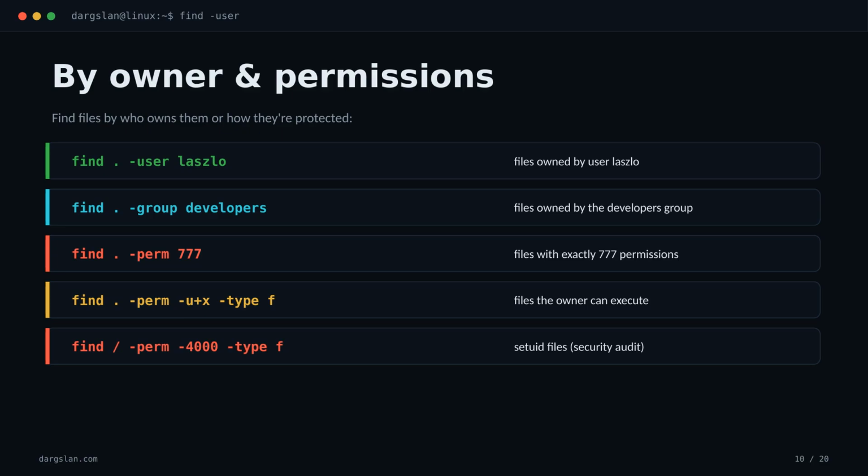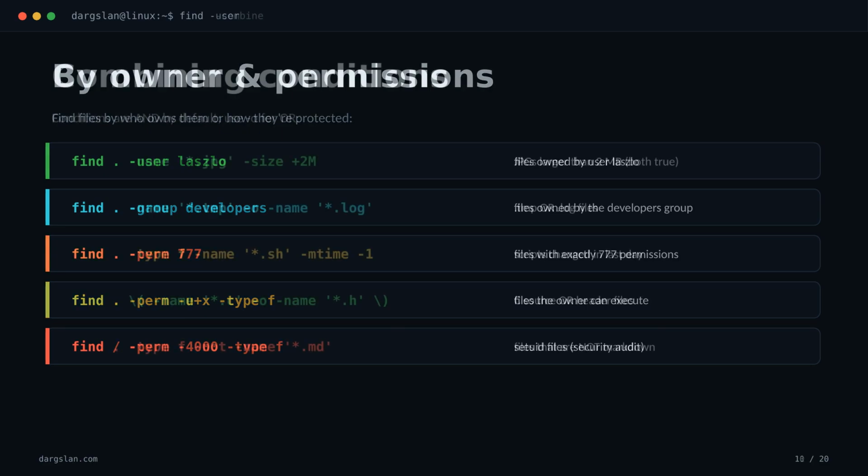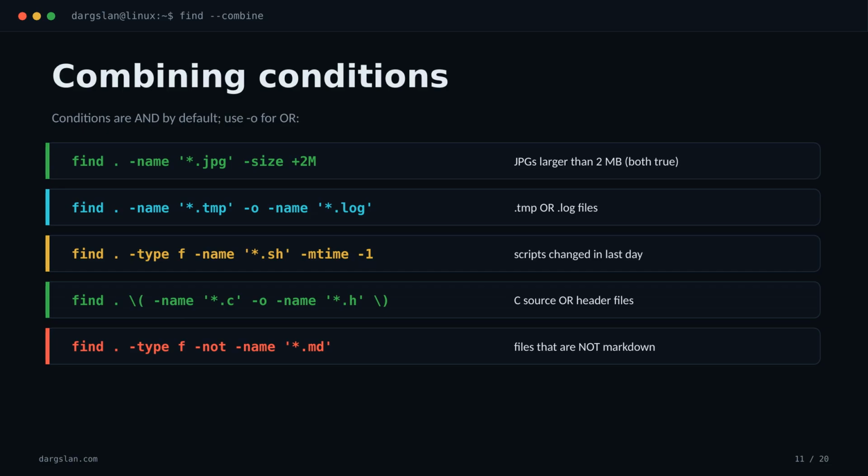That last one, finding setuid binaries across the whole file system, is a classic security audit move you'll want in your back pocket. Here's where find gets really powerful. You can stack conditions together. By default, listing predicates side by side means AND, so that first example only matches JPGs that are also bigger